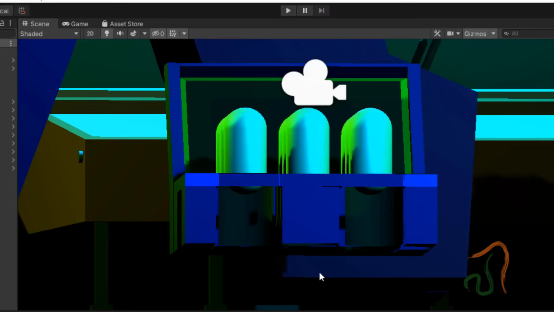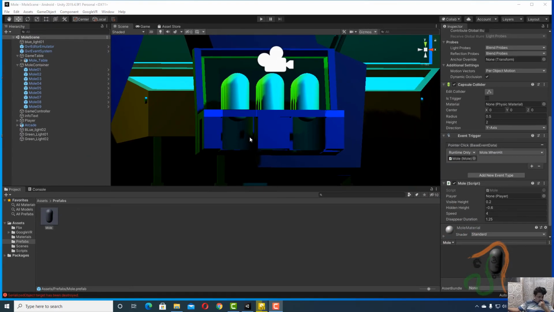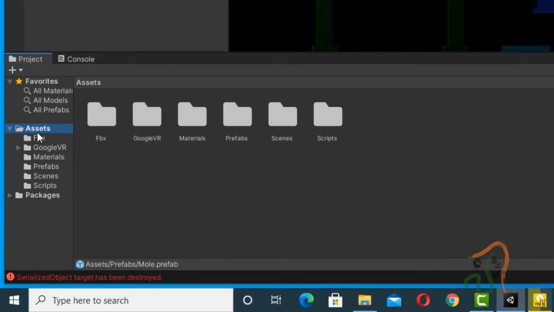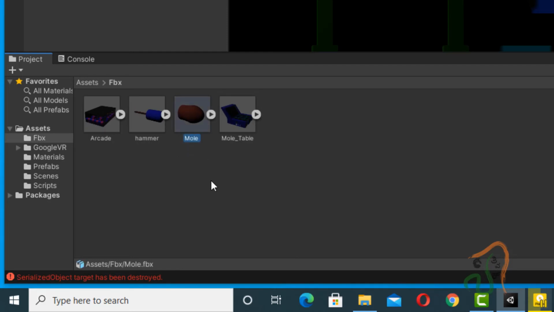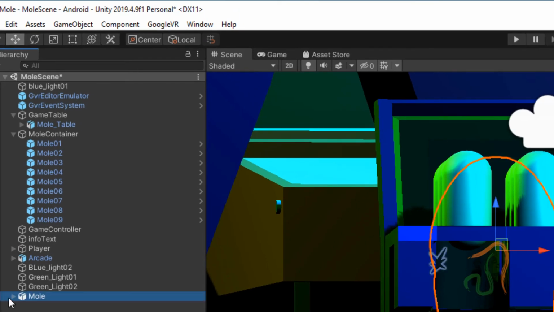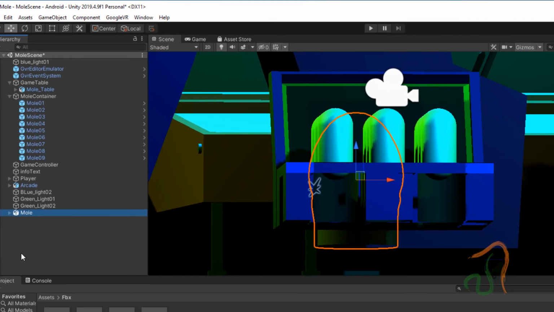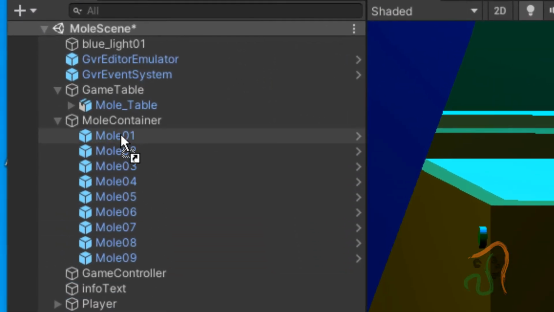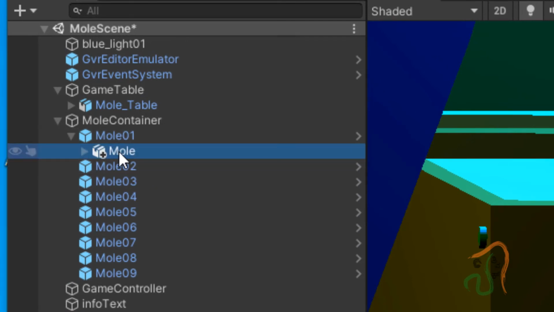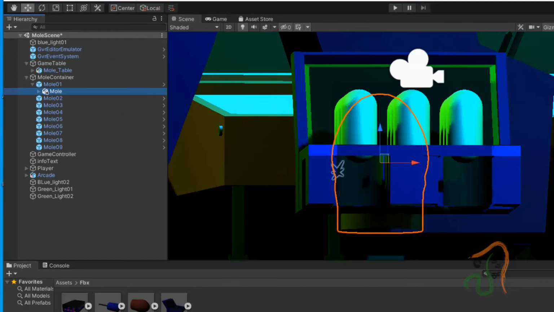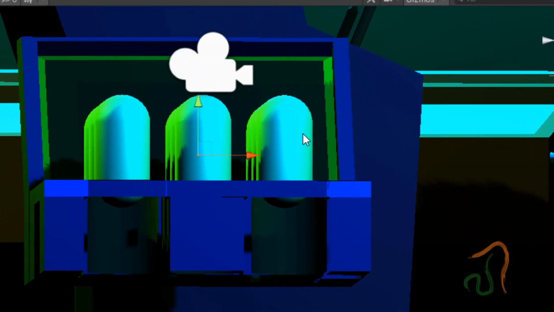Okay, stop the playback, and now finally to replace all the moles, the procedure we are going to follow is this. Come back to the assets folder, and here in FBX we have the mole. First, let us drag the mole over to our scene. You can see the mole is placed over here. Now let us drag this mole and make it a child of one of the mole container objects. So this is the child of this mole. After this, come back to transform here and choose reset to make it 0, 0, 0.